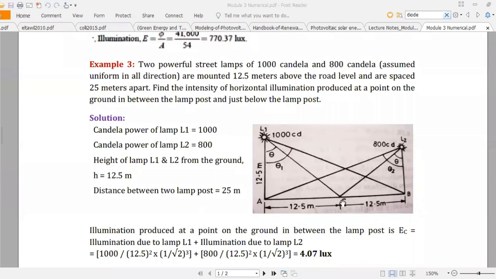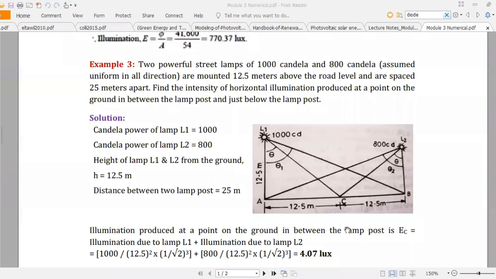Okay, so first of all let us see what will be the value of the illumination at point C. यहाँ पर क्या होगा illumination due to this light source, what will be the value of illumination at this point, and the illumination at point C due to the light source L2, इन दोनों का जो सम होगा वही होगा यहाँ पर टोटल इल्यूमिनेशन, यही है ना।